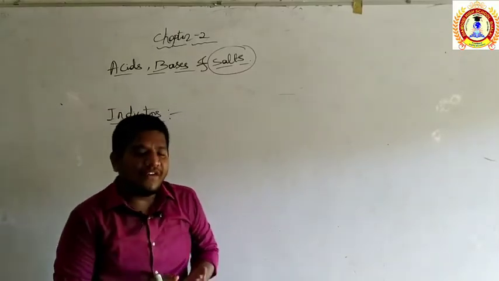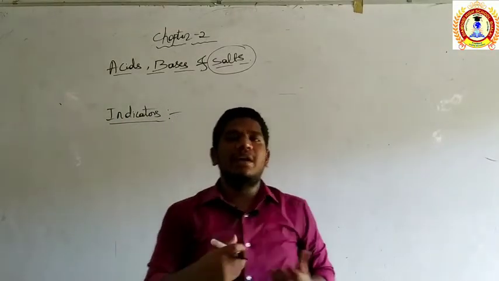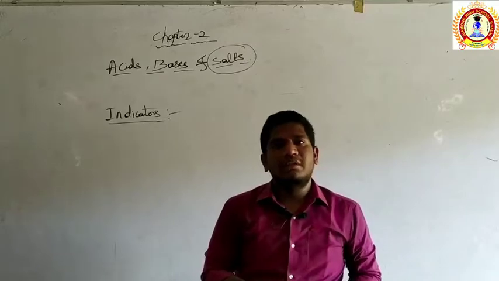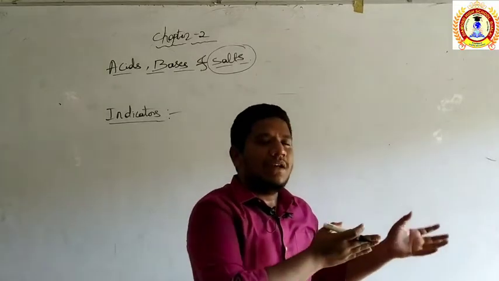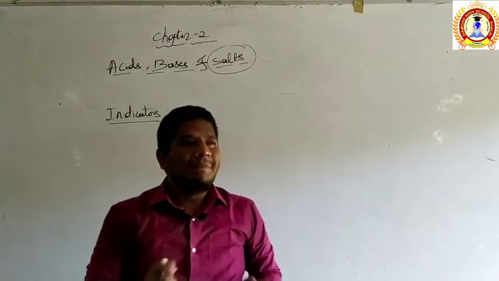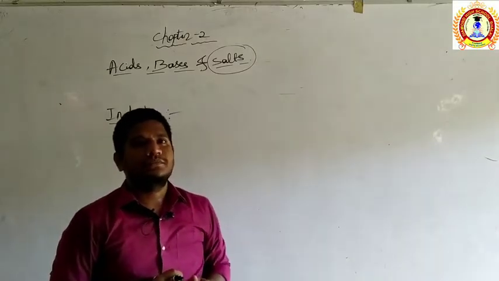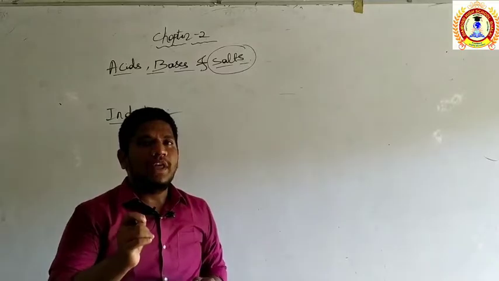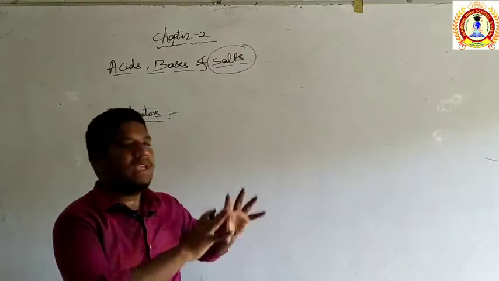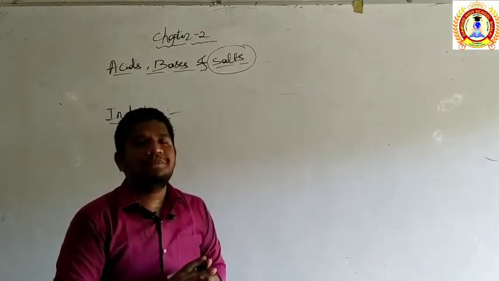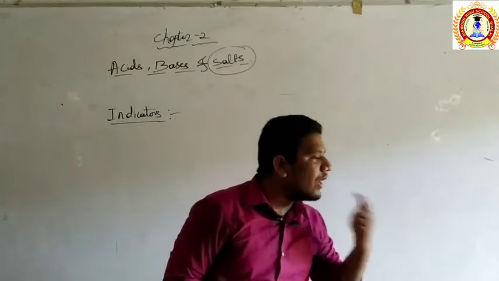If it is a lemon, if it is curd, if it is any other fruit, we can taste by our mouth only. The tongue is our best indicator to decide whether the lemon is sour or what. But in a lab, it is not mandated to taste, right? There will be many chemicals or many solutions. If you want to check whether the given substance is acid or base, you cannot taste that, right?